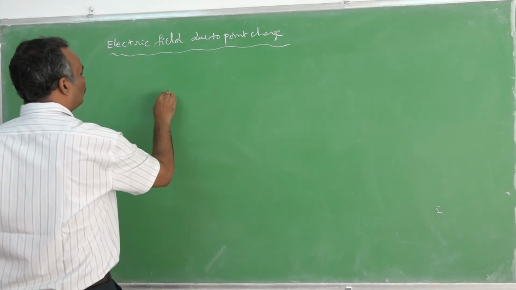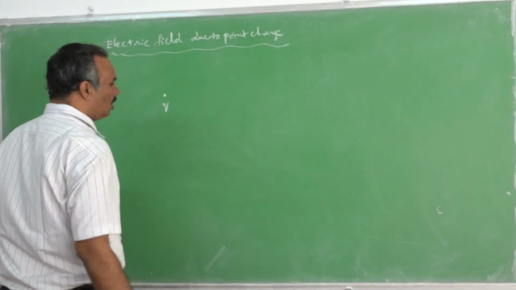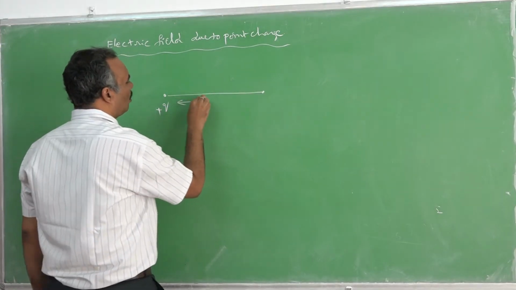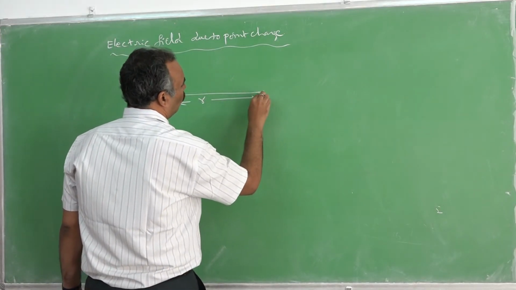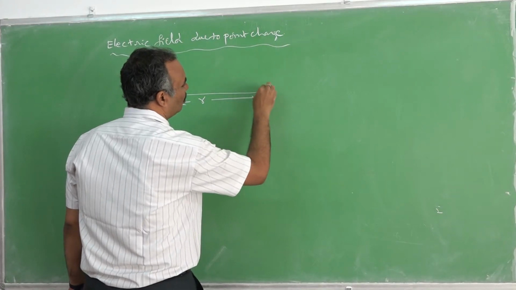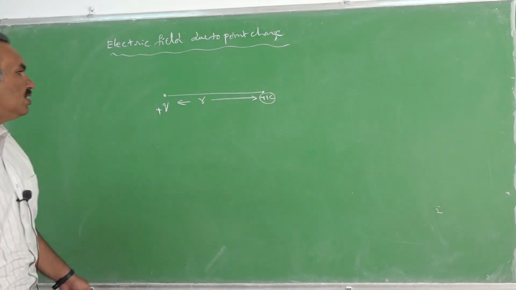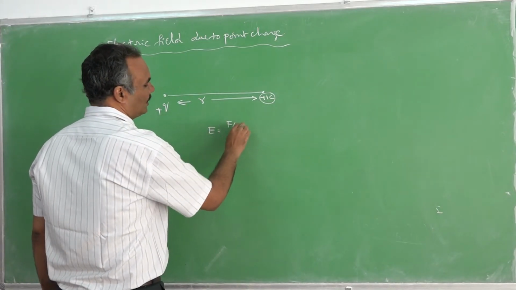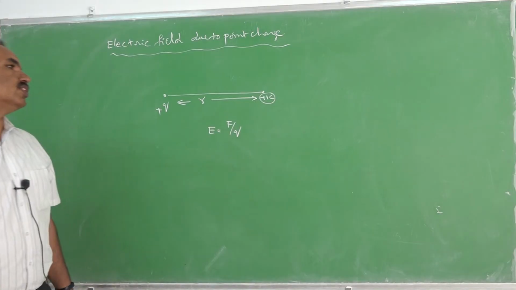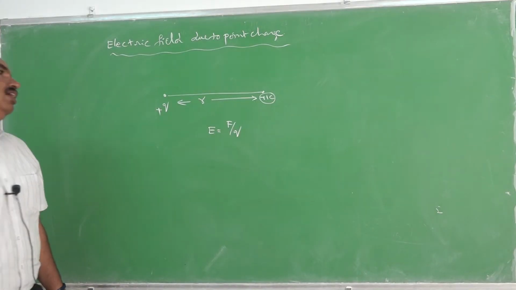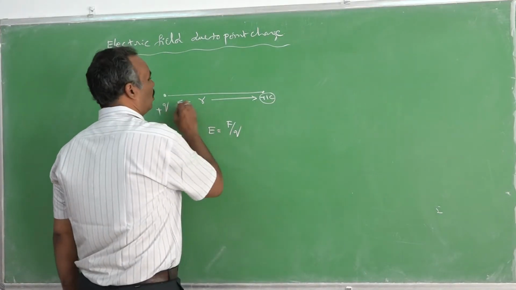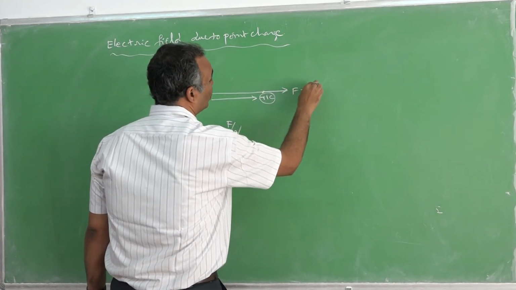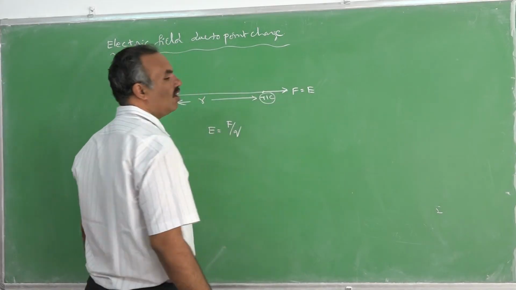Here is a charge whose magnitude is Q. Let it be a positive charge. From this point, at a distance r from it, I am taking a 1 Coulomb test charge into consideration. The force experienced by this 1 Coulomb charge is called electric field strength, as we discussed earlier. Force experienced by this unit positive charge is called electric field strength. As it is positive, it experiences a repulsive force. That repulsive force itself is the magnitude of electric field strength.